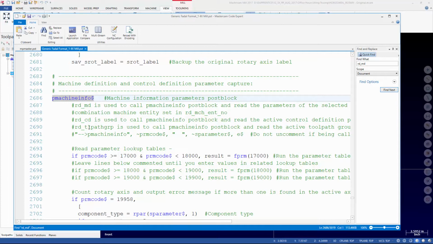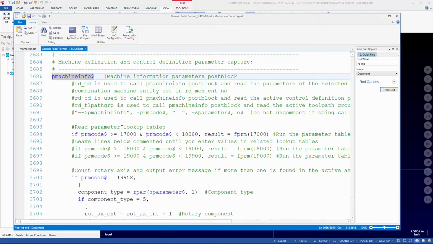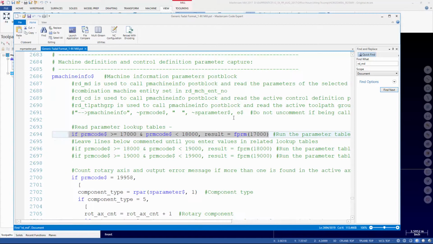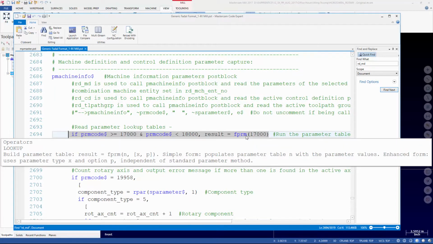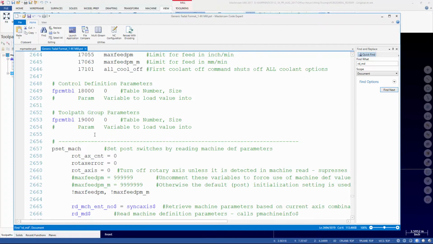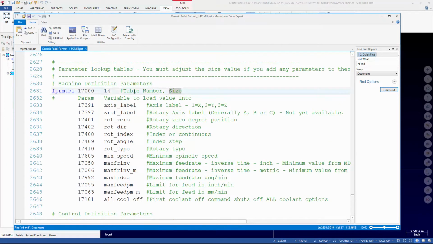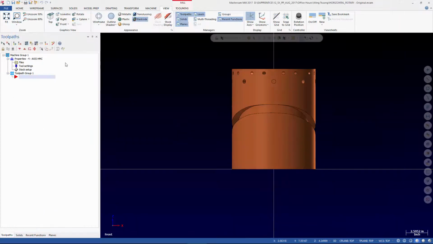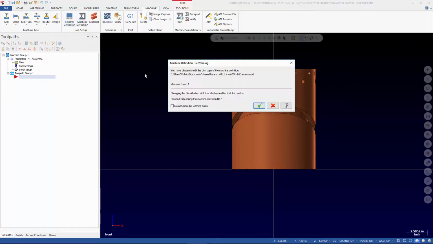So what P machine info does is it sets the machine definition table. There's a line of code in here that says run this parameter table if the number is between 17,000 and 18,000. And up here in our machine definition parameter table 17,000, we capture data from the machine definition. So when you look in your machine definition,